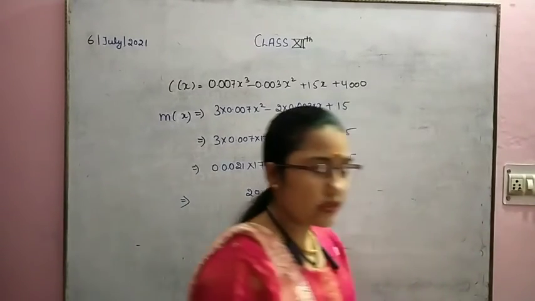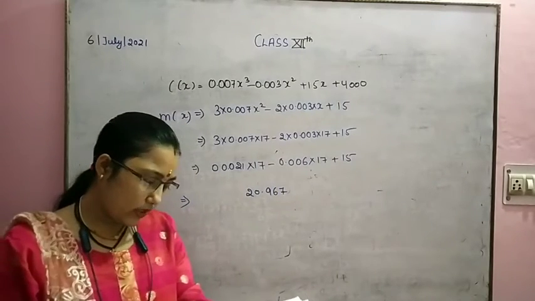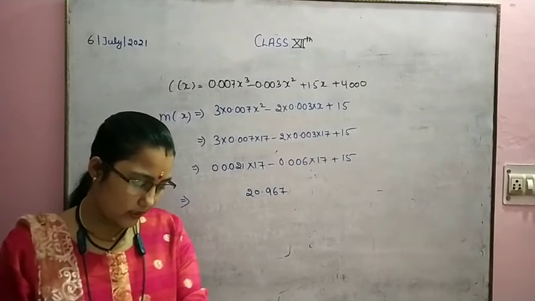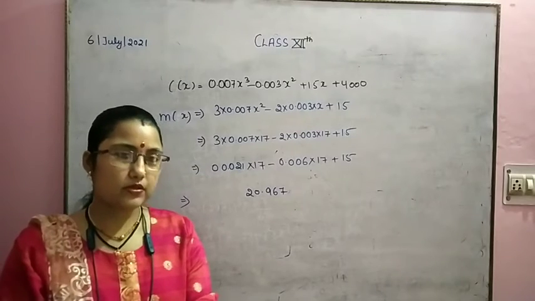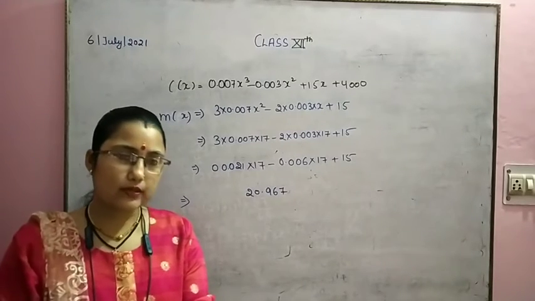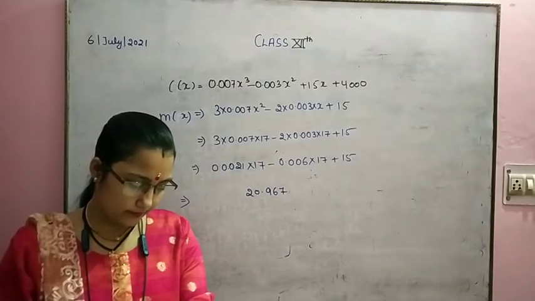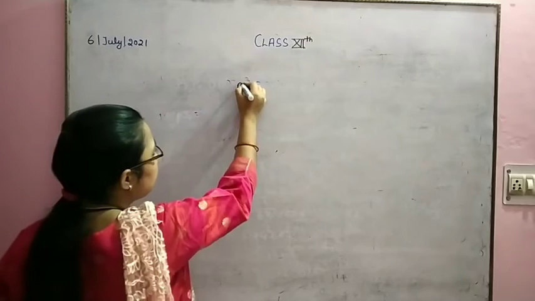In 16 question as same as the 15. The total revenue in rupees received by the sale of X unit of a product is given by Rx. Find the marginal revenue when X equals to 7. Just differentiate the revenue cost. You get the marginal revenue and then put the value of X is 7. Okay. Now the revenue is given to you